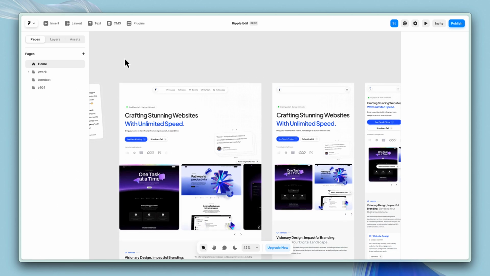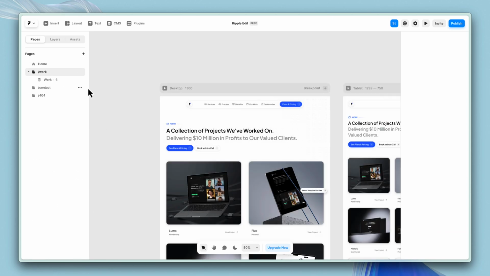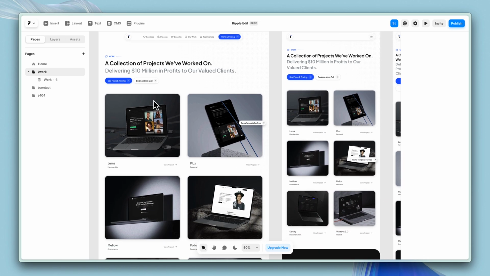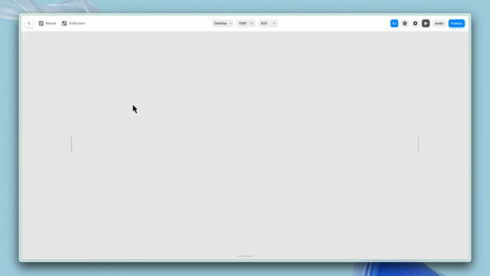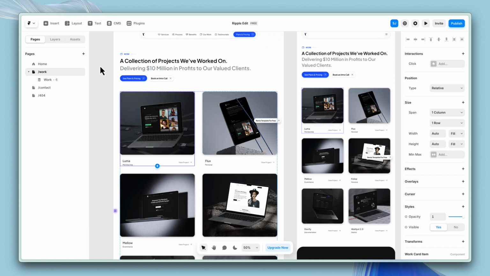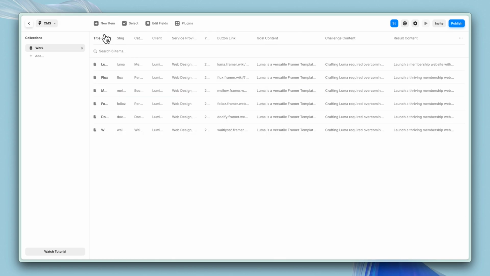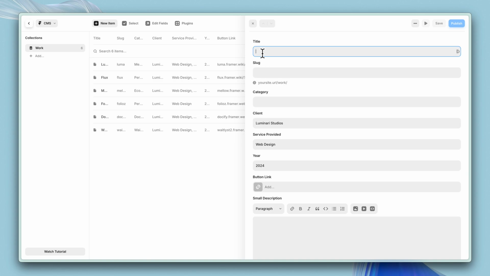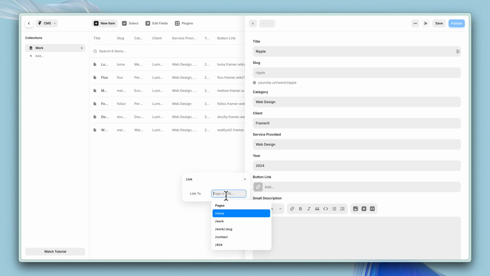And then finally, let's see how you can add your own work items. For example, on this page we have all our work. Now let's see how you can add your own. For that, let's go to the CMS, and then you can click on new item, give it a title, something like this, category design. Let's change the client to Framer 8, service provided web design, year 2024. Let's change the URL to